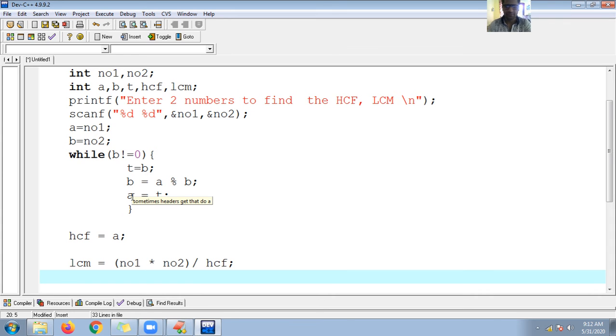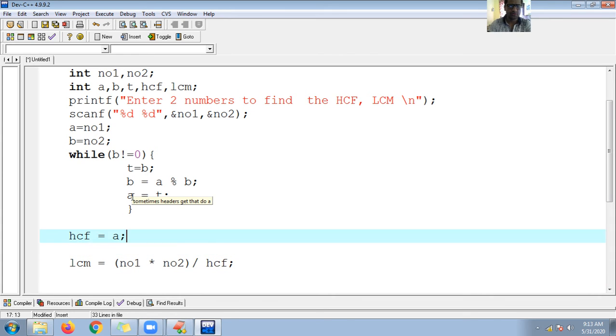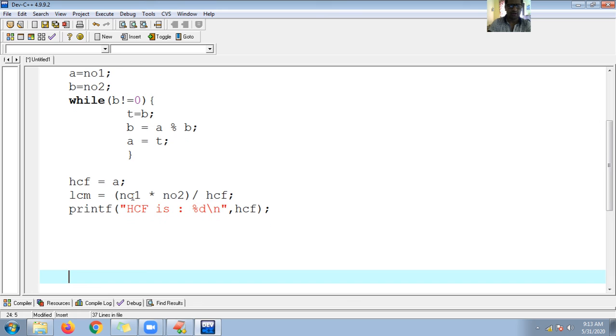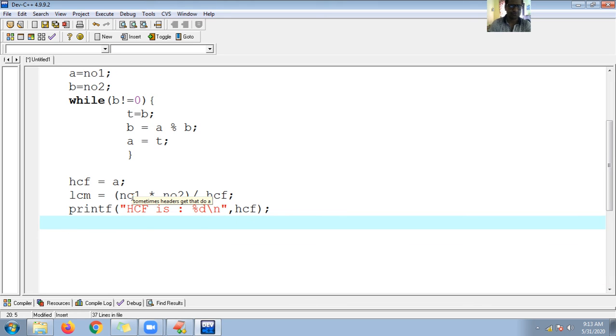I received LCM, and at last I need to print my HCF and LCM with printf. So here is my HCF is colon, and let me forward my cursor to a new line. HCF in the form of integer, so let me use the format specifier %d, and the variable that holds HCF is HCF. Next, similarly, let me print LCM also.